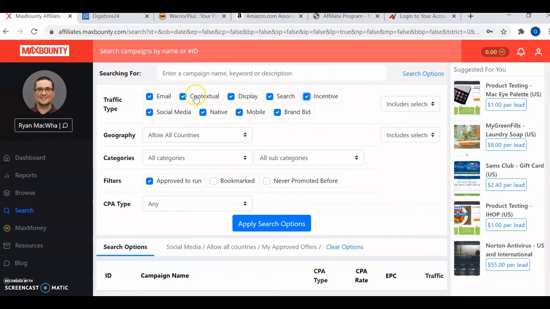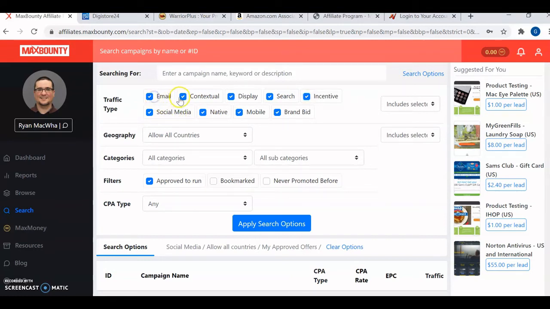If you want to use contextual, this is like when you're doing blogs and you want to put your link in your text, you select that. Display. Search is when you want to use Google search to advertise. If you want to use Bing ads, then you choose search. For social media, if you want to use the social media platforms, you select social media.